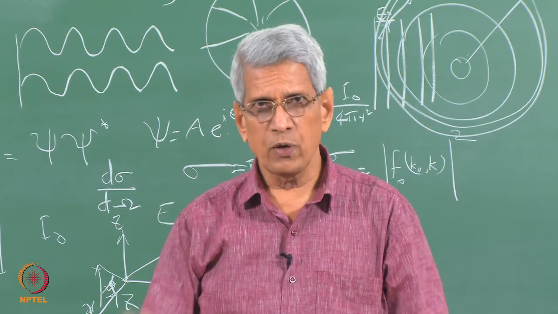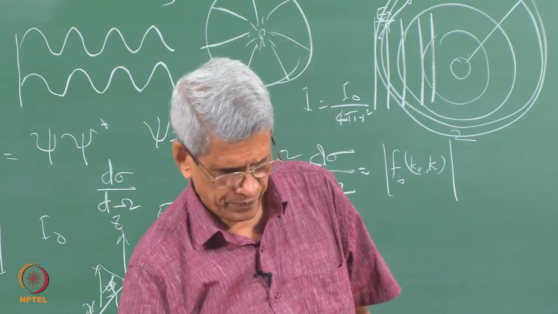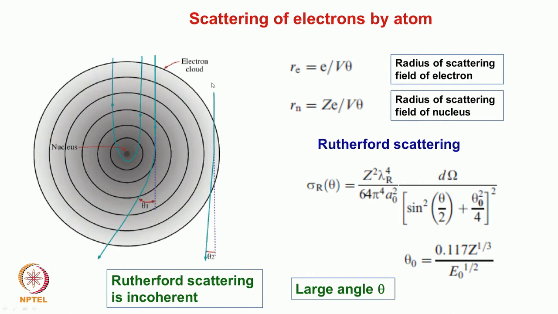But if you look at the scattering of an electron by an atom, if the primary electron is entering into the atom far away from the atomic core, then what will happen? It will be a repulsive interaction. When it comes close by, it is going to be an attractive interaction. As it is close to the nucleus, if it enters, it will be deviated at large. If it is very close, because it is moving, it can come back also as a backscattered electron. All these types of processes could occur.